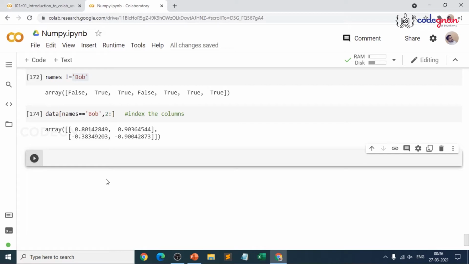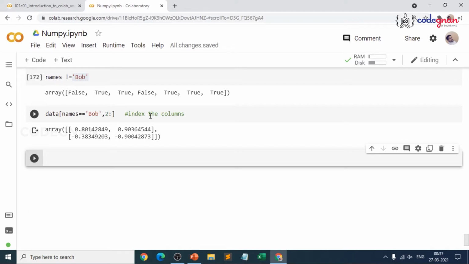In the same way, if you don't want the result which is not equal to, you could go for it. That's how we have understood how to use the comparison operator along with indexing the columns, right? You can also use keywords like and, or, because and means both cases exist, or means any one exists. Those are logical operators, where here we can use the symbols ampersand and bar.